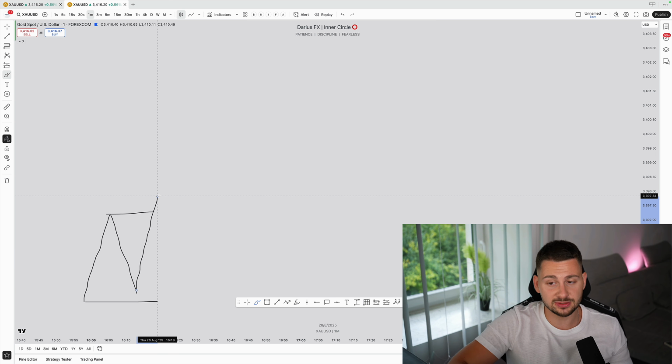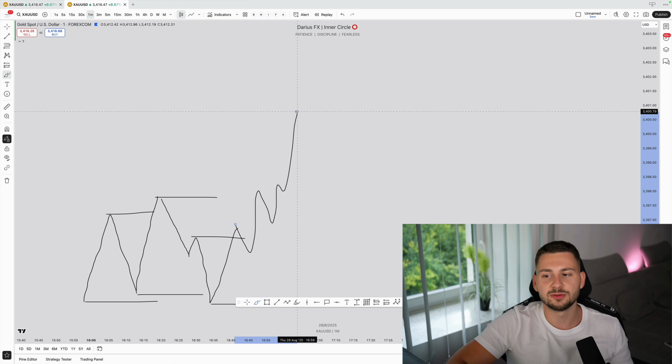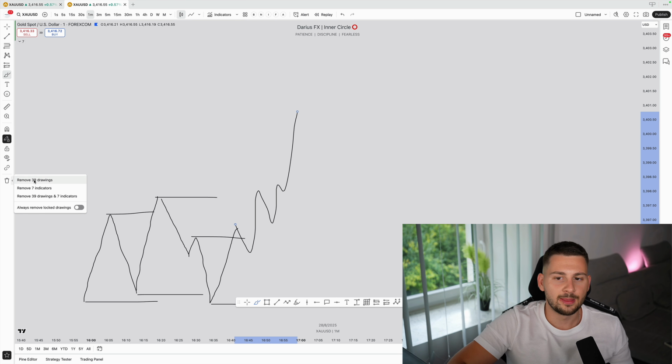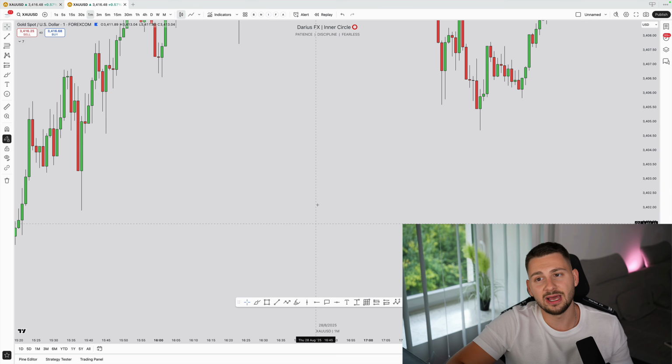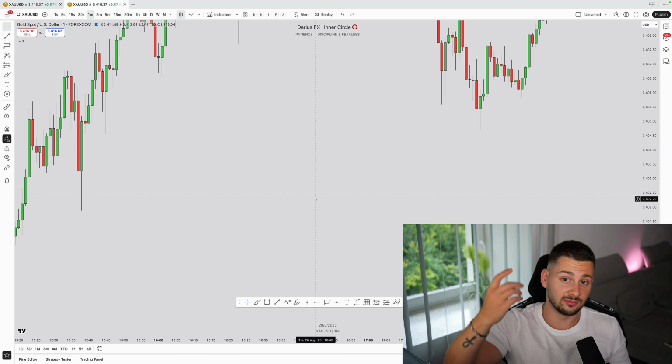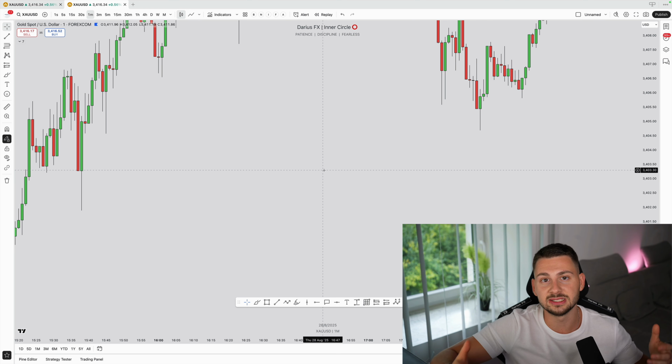So if this happens, okay, expectation is higher, then drops lower, then again can break through this or can break through this, and then what happens? Okay, we break through this, then it's gonna drop lower. Now what can happen is it can break through this and so on. So basically it just shows you where it might go next, but at the end it's still not guaranteed, you know.